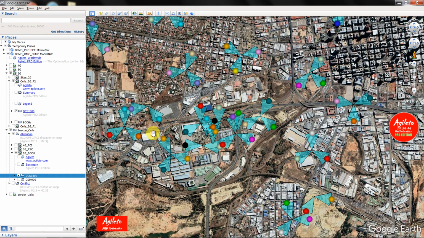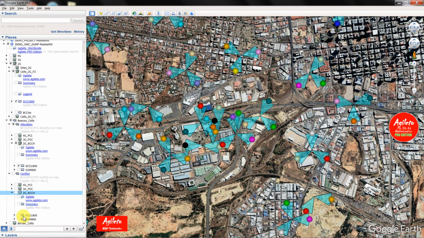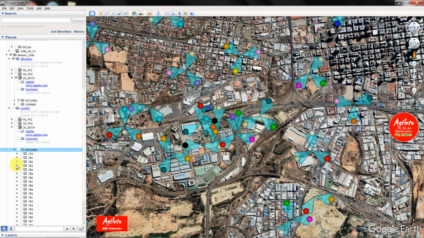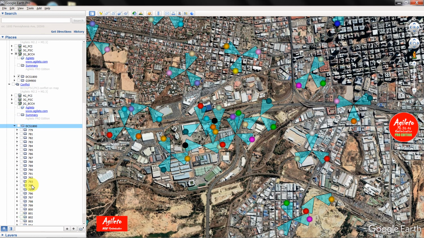So now if we want to see, for example, which is the closest cell sharing the same BCCH, we are going to the conflict. We are going to see the 2G-BCCH folder, and under the DCS 1800 we have a number of values for the BCCH. So if we select, for example, one single cell, and we want to see which is a cell which is going to share, for example, this one,